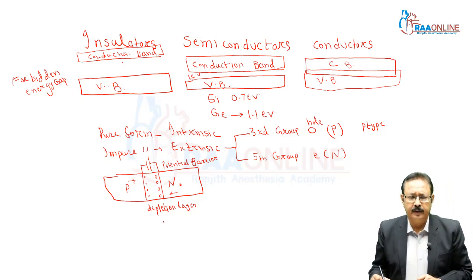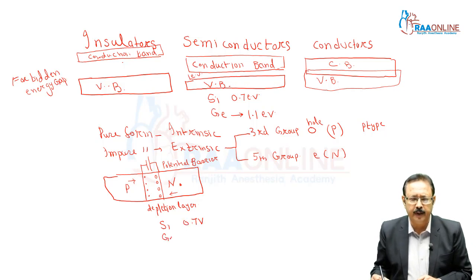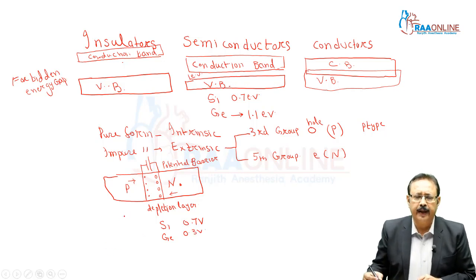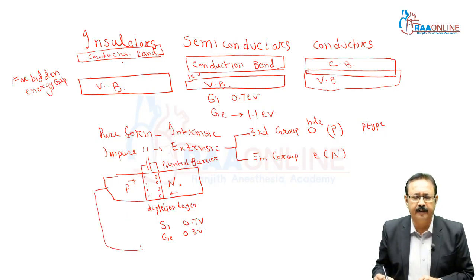For silicon, this potential barrier is 0.7 volt, and for germanium it is 0.3 volt. If you are adding one external battery so that the positive terminal is connected with P and the negative terminal is connected with N, what you are doing? You are adding the battery opposite to the barrier, which means you are making this potential barrier weak. So this type of connection of an external battery is known as